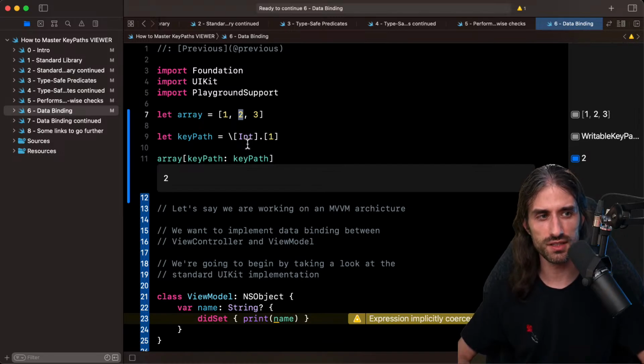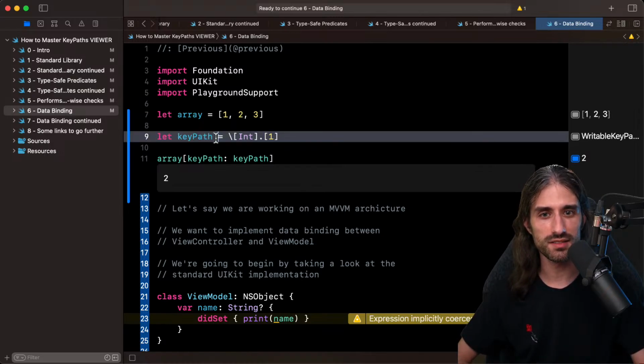To be honest, I've never used it in production code. And the reason why I didn't want to cover it and rather let people read the Swift evolution proposal for key path that covers this is because this brings in a lot of interesting questions. For instance, imagine that you chain things together, and so you have first a property, then an element of the array in the property, then another property. It begs the question of when is the array evaluated? Is it evaluated when the key path is created, or first invoked? There are a lot of interesting edge cases that I don't want to go into.